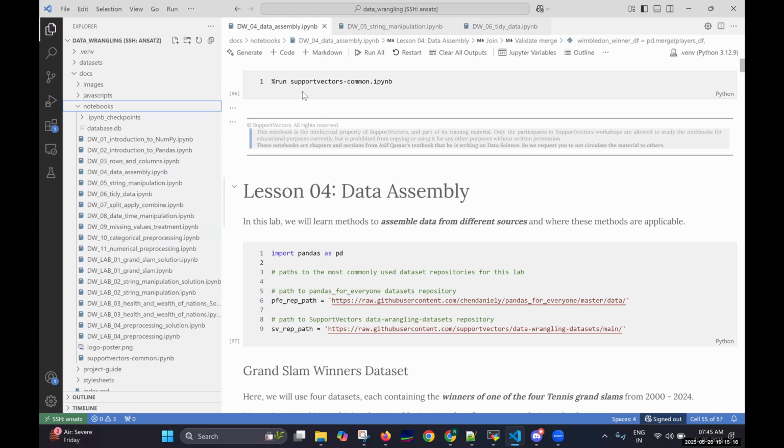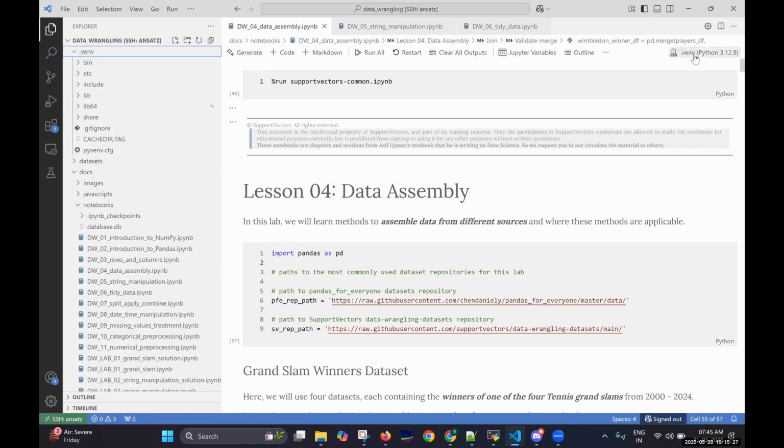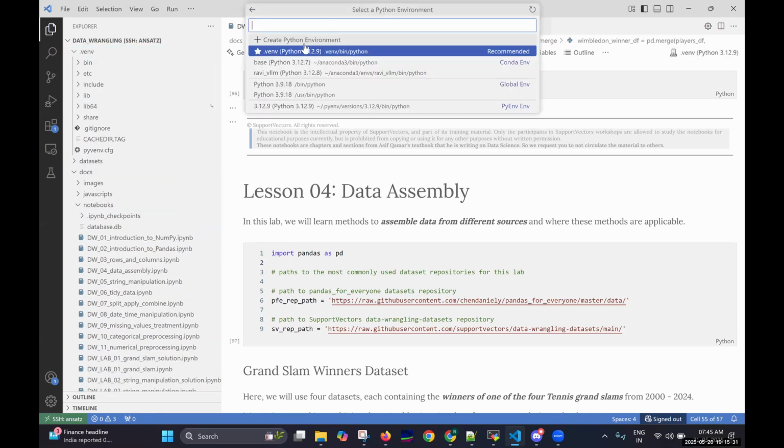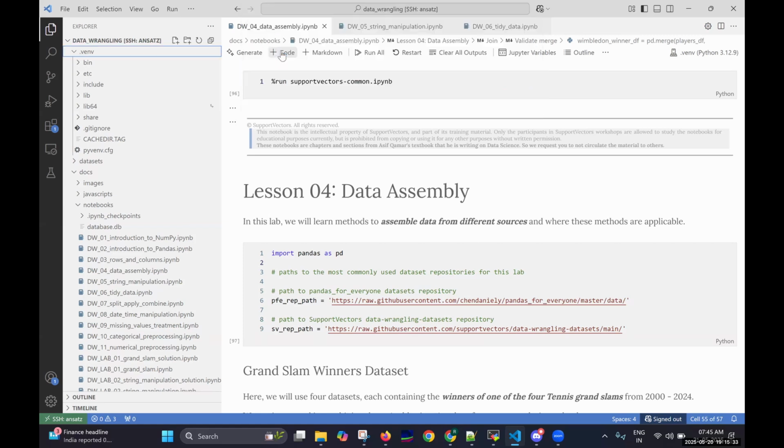Okay, so I'll start running the code. Those who are using VS Code will have to select the kernel here, the Python with this .venv environment. If you just click on it, it will get selected from here, so the Python environments will be listed here. I'll just start with